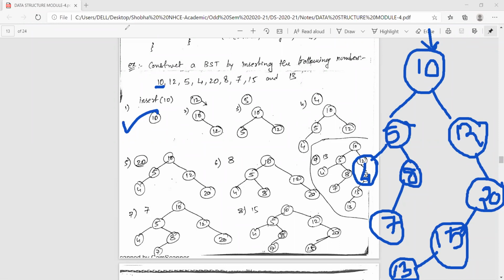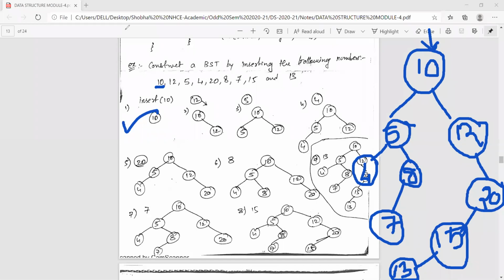Always remember the expression tree. There is another type of tree called expression tree. Different types of trees are there actually. One is binary tree, binary search tree, threaded binary tree, expression tree. Like that you have many types of trees. Especially this binary search tree is to search for an element. So lesser, greater value, this concept is applicable.